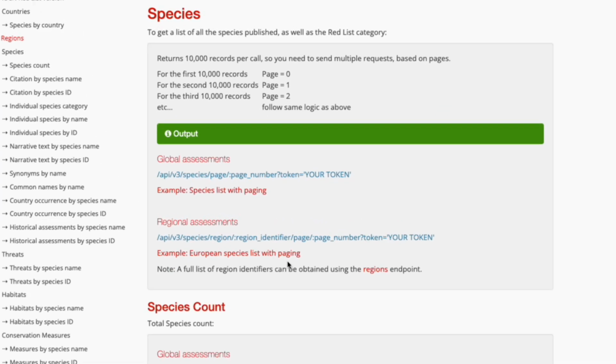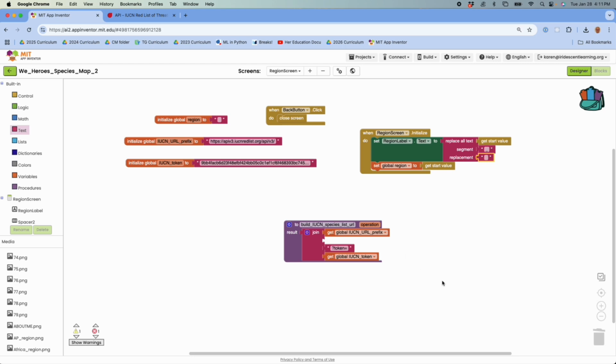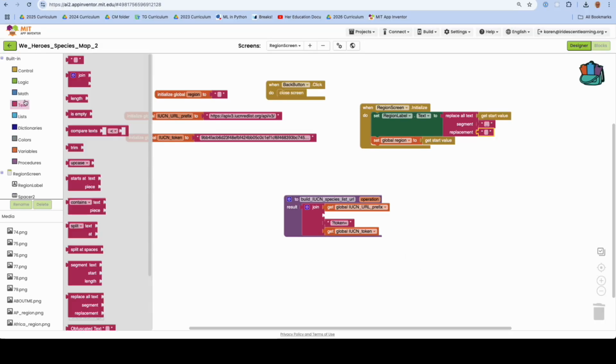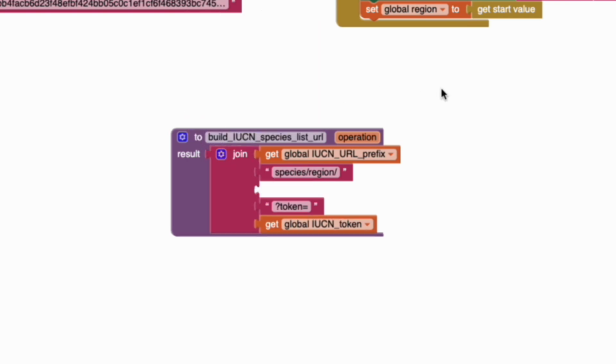Let's go back, and it asks us to do species, region, and then this would be where something like Europe would go in. We're only going to grab page 0. We're going to grab, I think, maybe the top 50 animals, just so that we can limit it to a number. And then, of course, our token. So we can go back here, and we have this, and then we need another text box, which is going to be the prefix ends in a slash. So then it's going to be species / region / and I'm going to add another string in here,